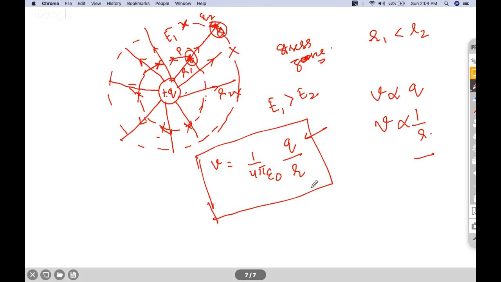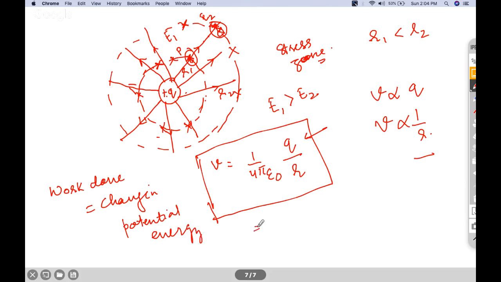So let me explain one formula to you. I already told you. Work done is equal to change in potential energy when kinetic energy remains the same. So try to understand, work done over here is potential energy, which is given at any particular point. If I take this point and ask you what is the potential energy here,